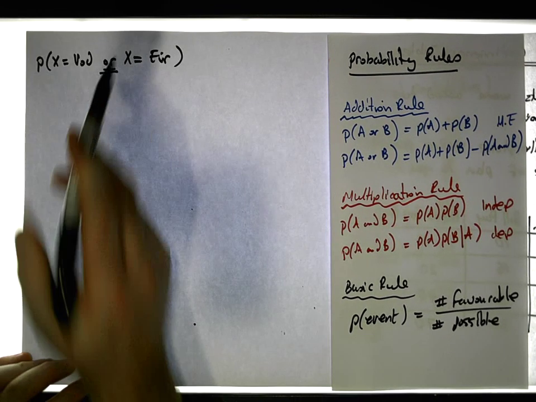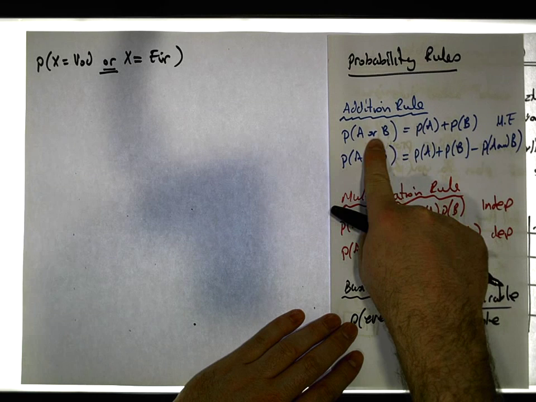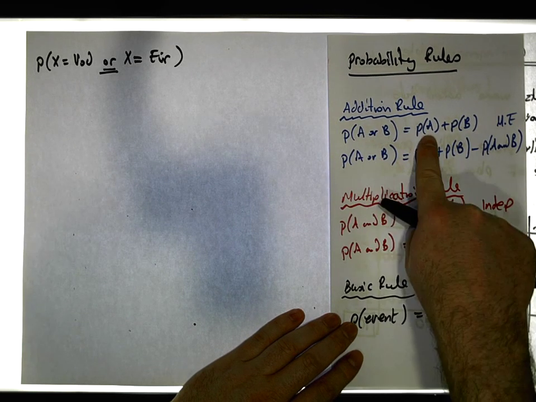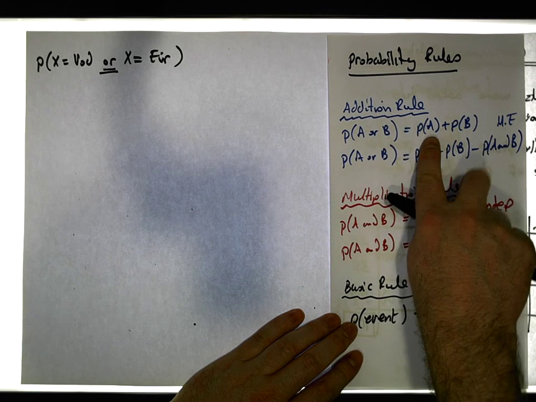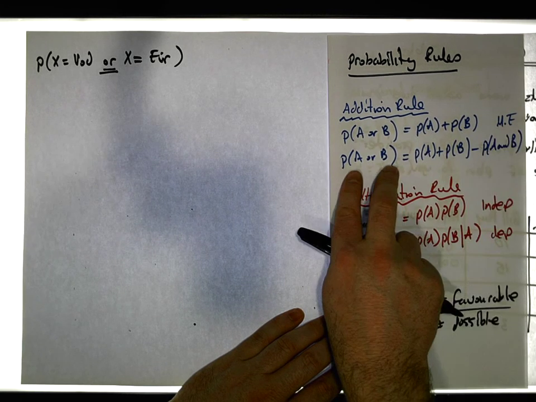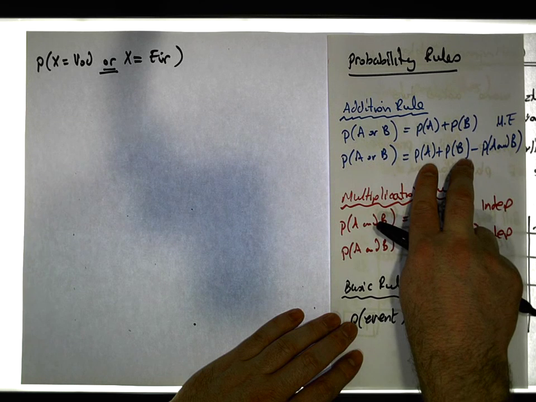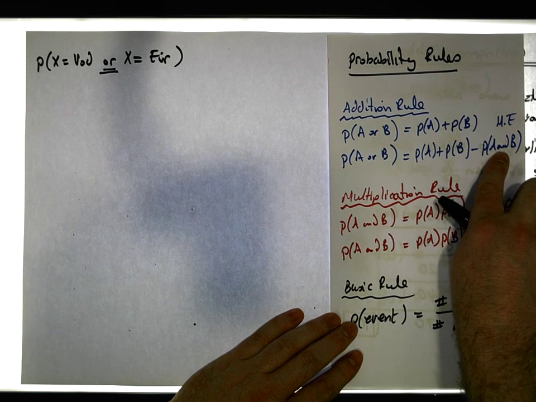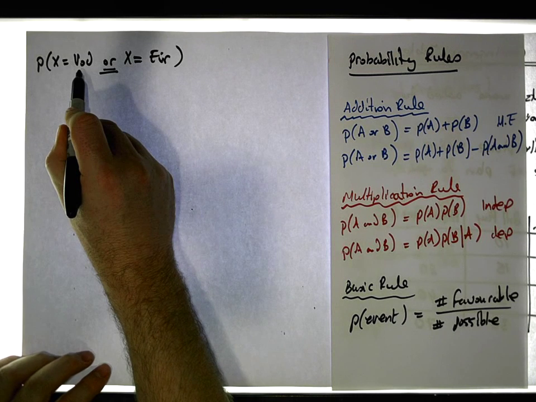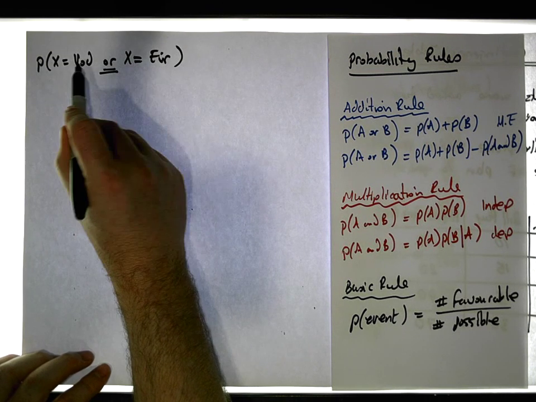So what we know is that it's the addition rule. The addition rule has two variants. There's the probability of A or B is equal to the sum of the probabilities when they're mutually exclusive. Otherwise, the probability of A or B is equal to the sum of probabilities minus the joint event. Now, the question we need to ask ourselves is Vodafone and Air customers, are they mutually exclusive of each